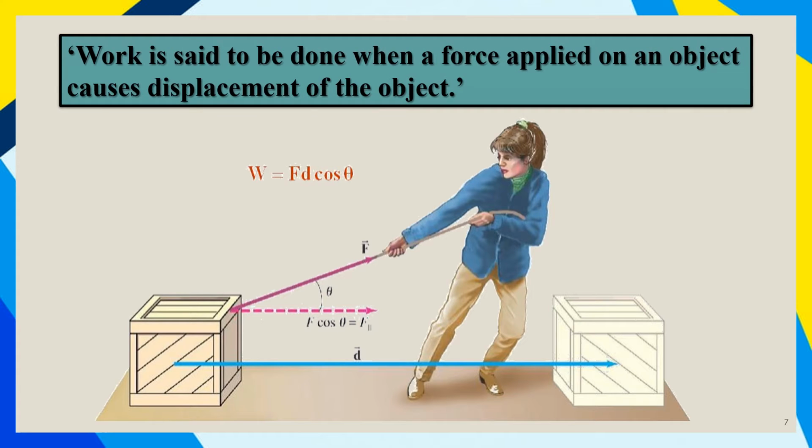In our first chapter, laws of motion, we have learned about displacement also. So work is said to be done when a force applied on an object causes displacement of the object. So in simple words, when this lady wants to move this box, she applies force on an object, which causes displacement of the object, right? Very simple. हम लोग कोई भी काम जब करते हैं तो उसमें हम लोग एनर्जी लगा, फोर्स लगाते हैं, ठीक है? When you apply force, things tend to move from their place, and that movement of the object is called displacement, okay? And finally, with this force and the displacement, you say that work is done.